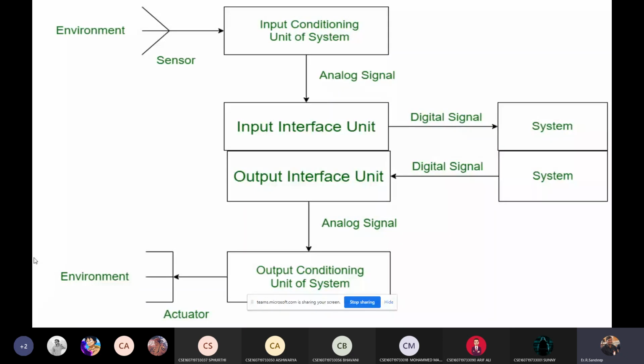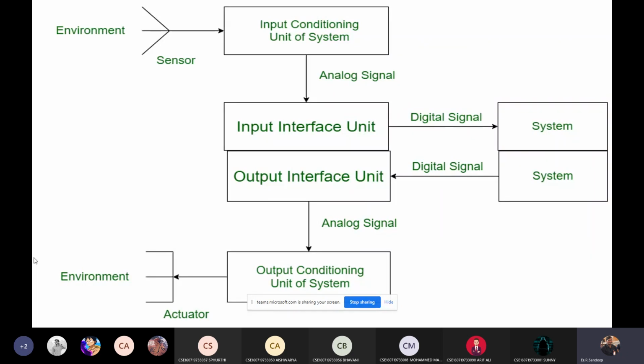For example, I would like to identify the temperature and the humidity in your room. So I would like to know how much temperature and humidity there is in a particular room condition. The temperature and the humidity are analog in nature, and the system will not understand this analog data directly, and the system will display the data in the form of numbers. For example, 30 degrees, or else 96.7 Fahrenheit, like that it will display. That is the digital data.